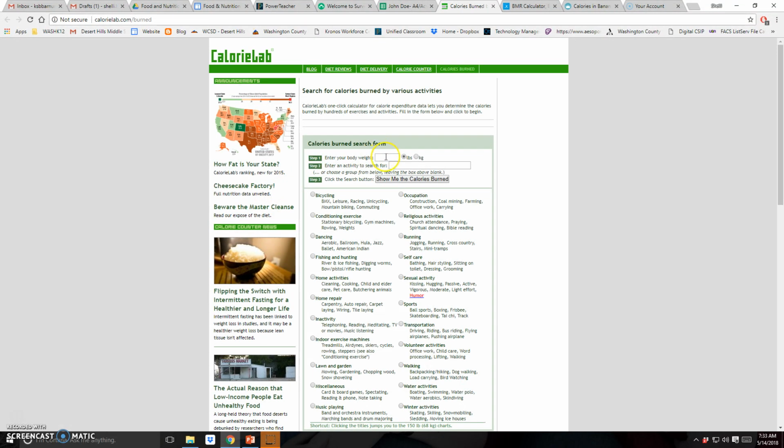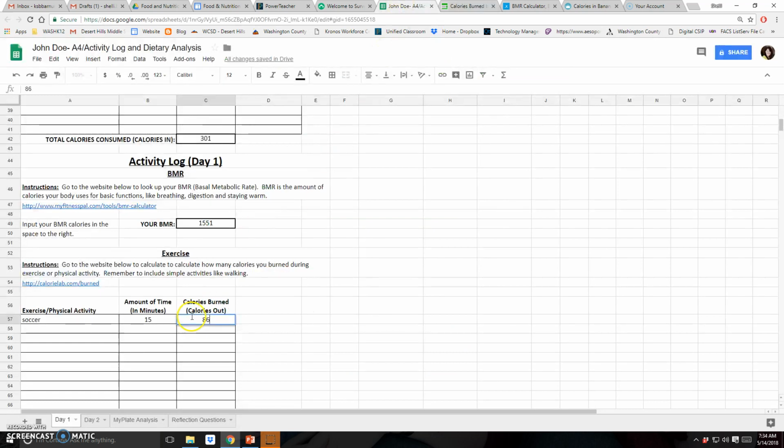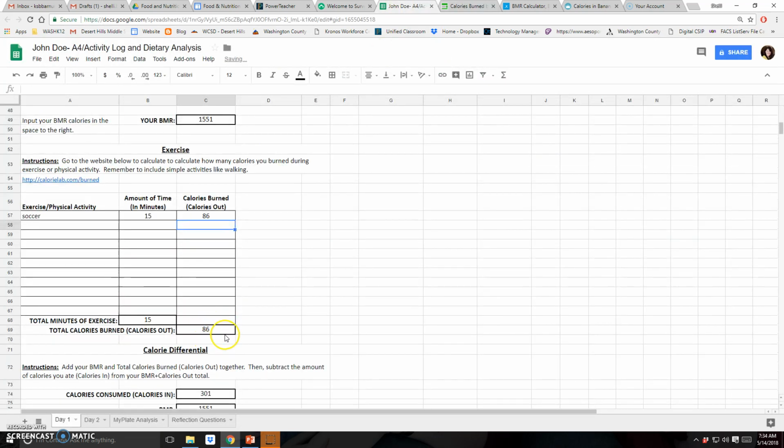So now what we do is we identify how much he weighs. I enter in the activity that he did, and it comes up with a variety of options. 15 minutes during lunch is probably not competitive soccer, so it's probably casual. For a 15-minute time period, he burned 86 calories. So you'll notice that competitive soccer, depending on the time that you're playing, is a little bit more physically active. So we just take this 86 calories, we transfer it over to right here. Once again, our worksheet here has